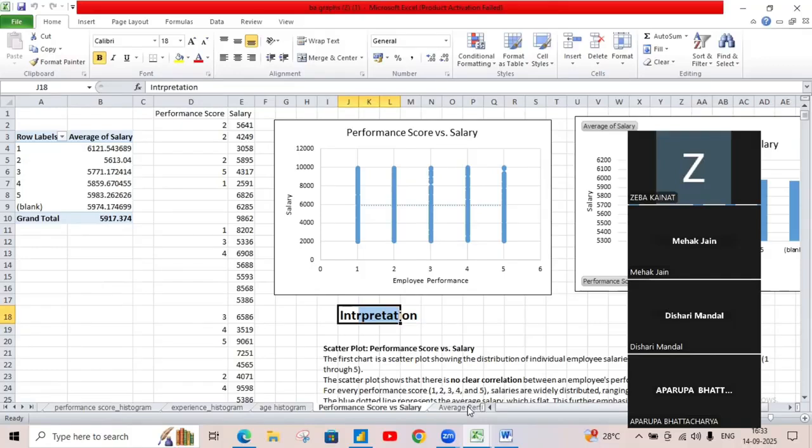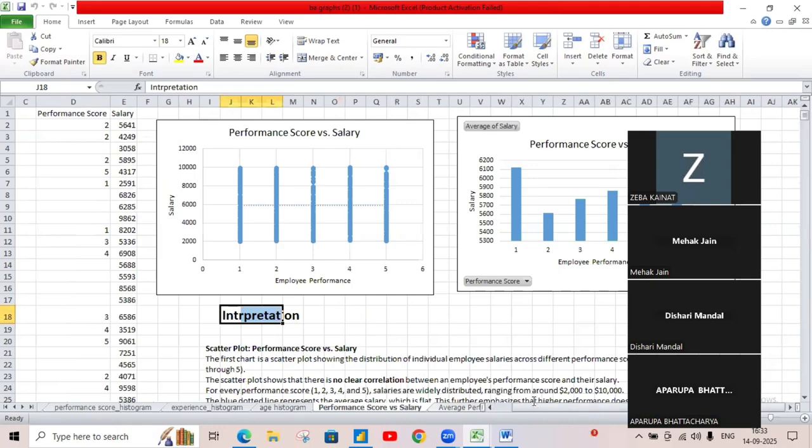So here we have two types of chart. The first one is a scatter chart showing performance score versus salary. It shows us the different performance scores, and it is interpreting that there is no clear correlation between the performance of the employees as well as their salary. Performance scores 1, 2, 3, 4, and 5 are widely distributed around $2000 and